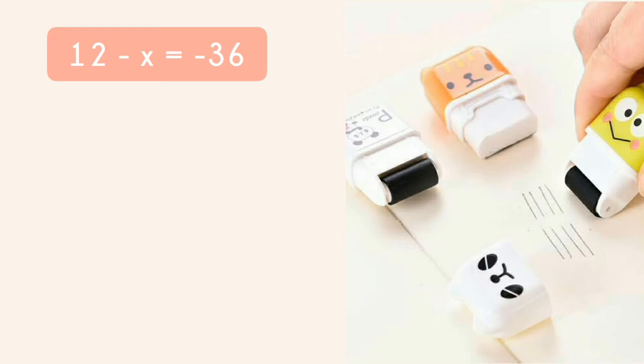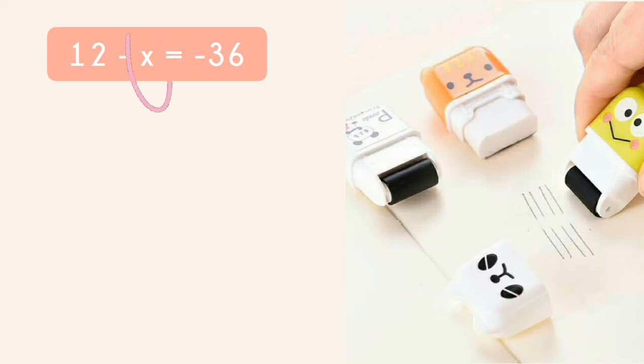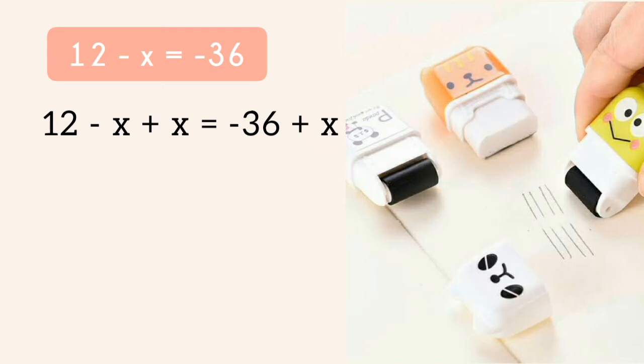Here we have to find the value of x. In both the previous equations we add or subtract the middle number, and here there is a variable. So in that also we have to just add the variable or subtract the variable. Firstly we take the addition method, so we add the x variable on both sides without changing the sign of any number or variable.